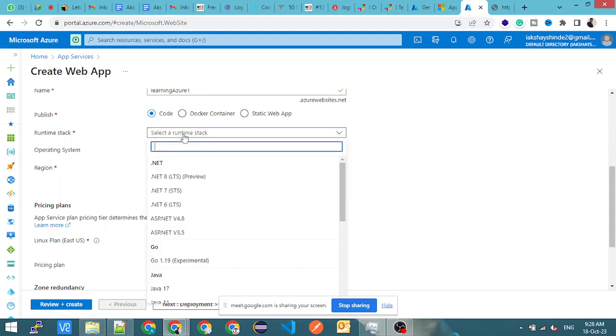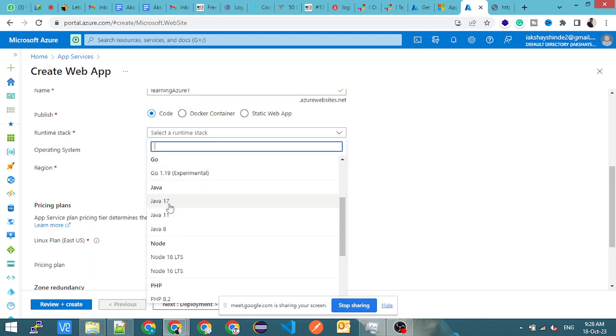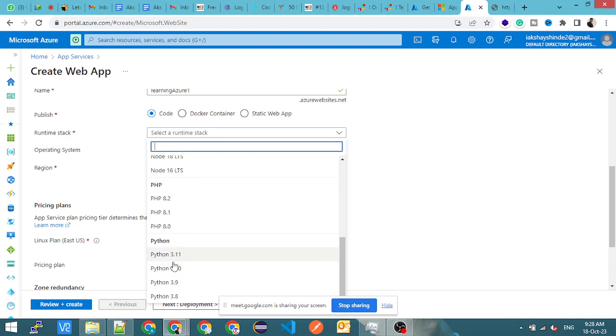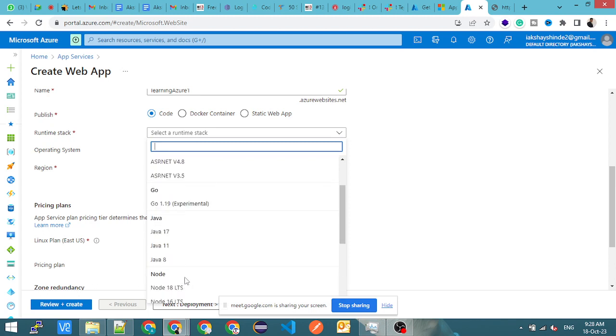Okay. So here I need to choose the runtime stack. So if it is code, which code you are trying to upload. If it is .NET code, you need to choose a framework. If it is Go, you need to choose. If it is Java, which Java version you are using. I'm using 17, so I'll be using Java 17. Then Node 16 or Node 18. Then PHP. We have Python as well, 3.11, 3.8, and these are the backend technologies that are available